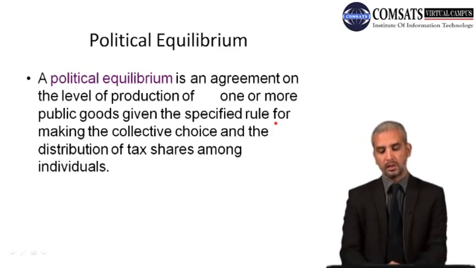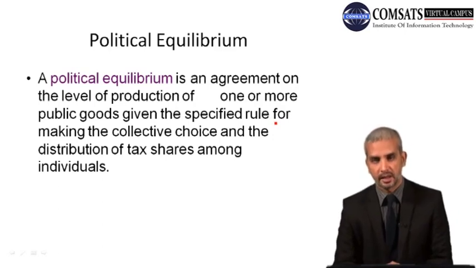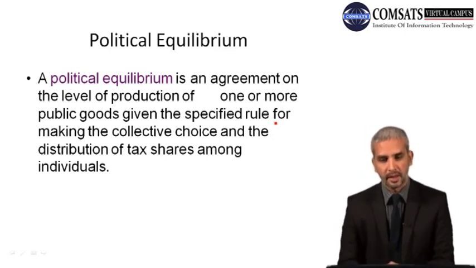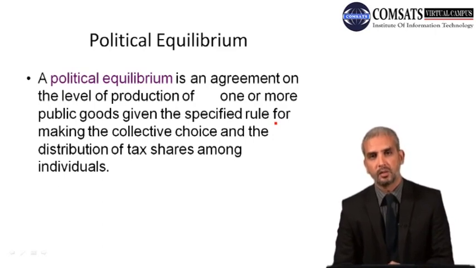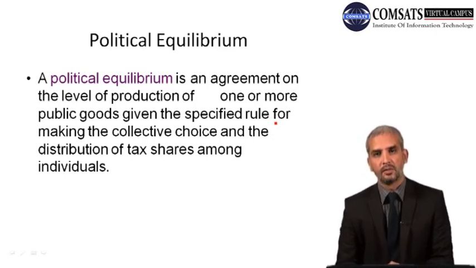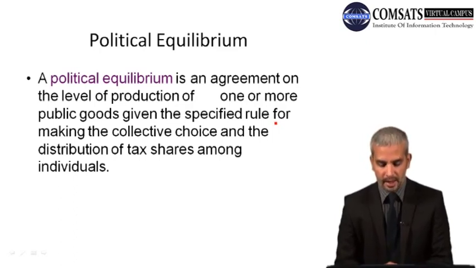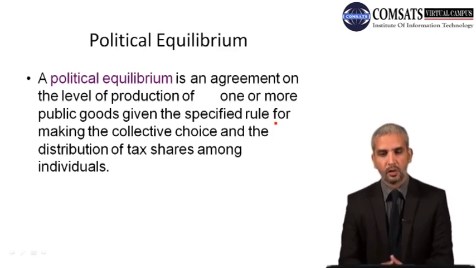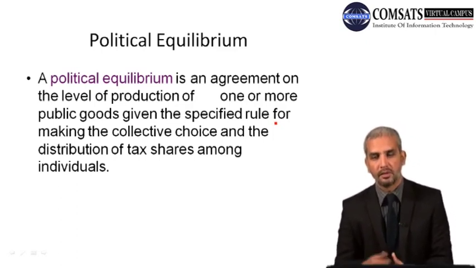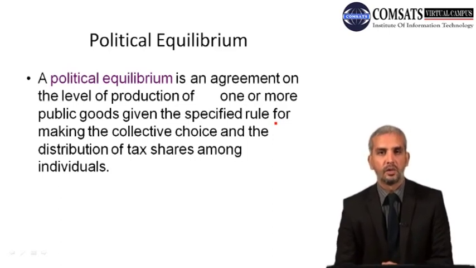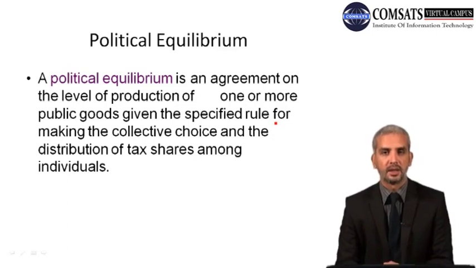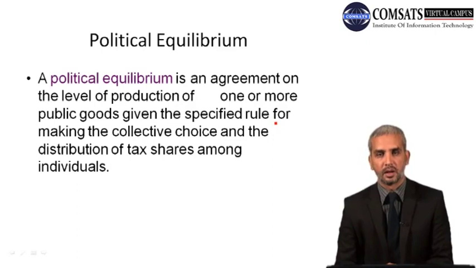Now, a rational individual would equate the marginal benefit to marginal cost, and he would choose exactly the quantity of the public good which would optimally utilize the tax share that he needs to pay for. And then we discussed that individuals would vote to choose among various alternatives, and he would vote considering the benefit he derives from voting and the cost that is incurred on the voting, and the level of effect he has on that political outcome, or the benefit he would derive from that political outcome.